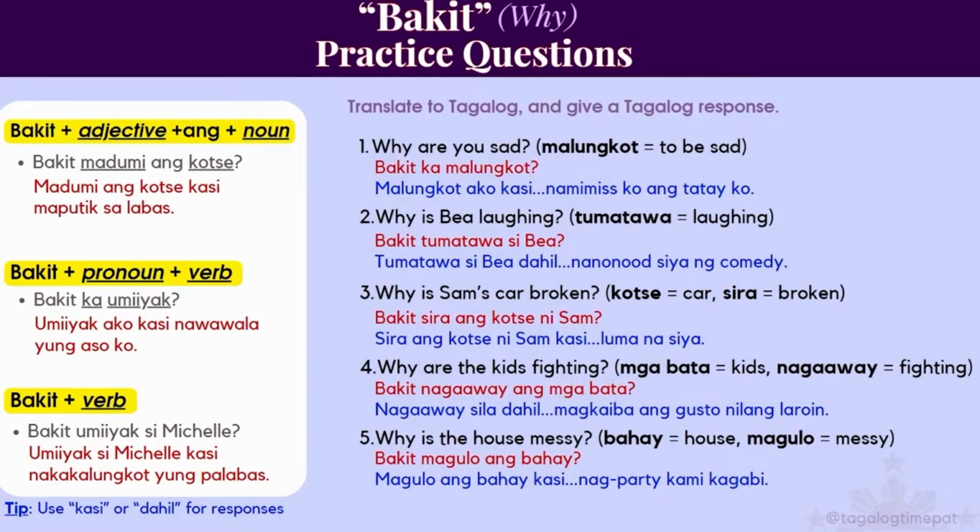So if you can recognize the different patterns that were used here, that's kind of where these questions come from. And you can add things afterwards to make it specific, like, is it belonging to someone? Are we talking about a place or something like that? So follow these rules on the left side, and then if you have to, add more information at the end. And then when you're making a response, that is where you choose kasi or dahil, and then bring in part of the question into your response as well.